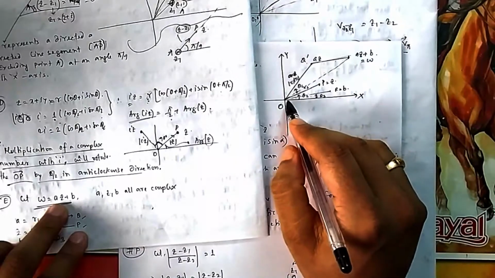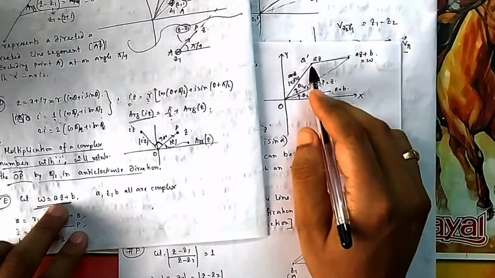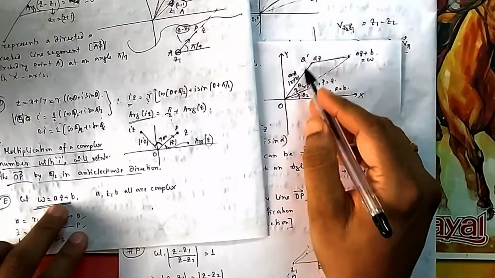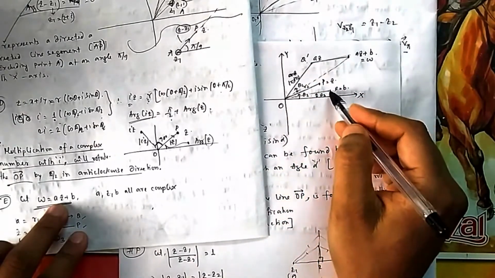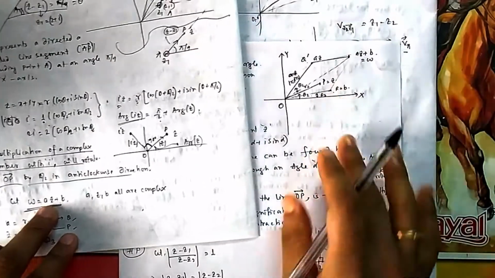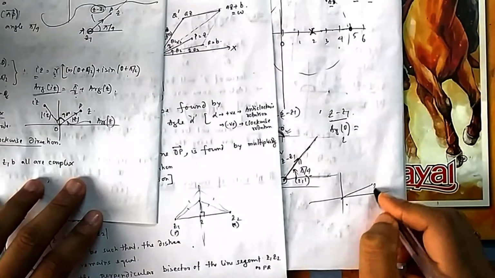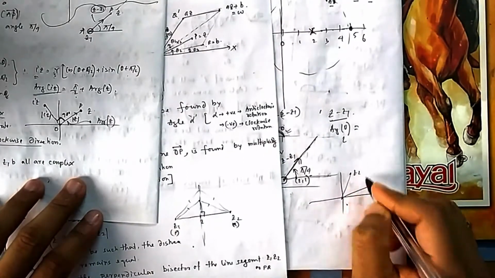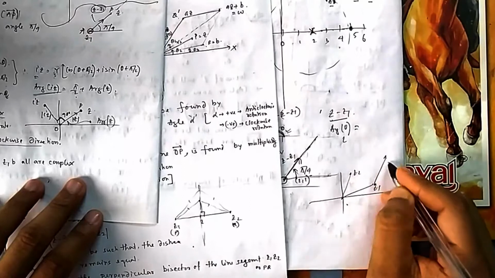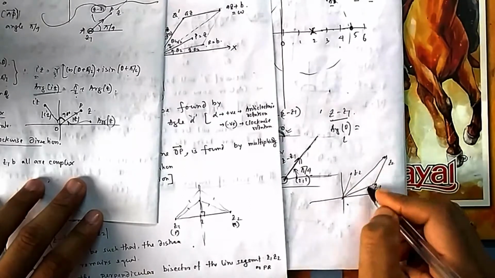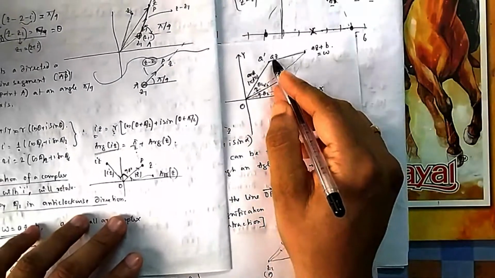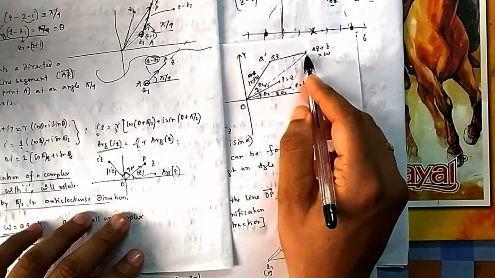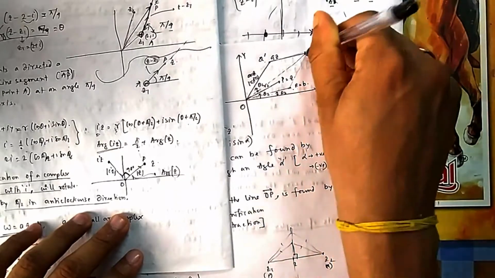Now suppose this was your point B, represented by R. How will you add it? Vectorially, this is your AZ, then if you add B, you add this vector here. Or you can draw a parallelogram. Similarly, if you have Z1 and Z2, what will be Z1 plus Z2? You draw Z2 here, then you add these two. So this is Z1 plus Z2, similar to the parallelogram. You know AZ, so if you add B here, that becomes AZ plus B. So W will be here.